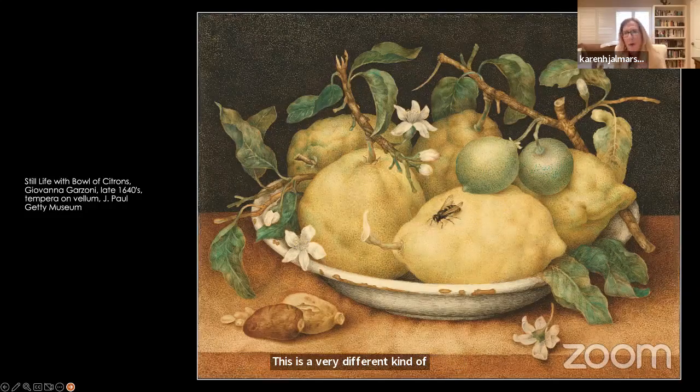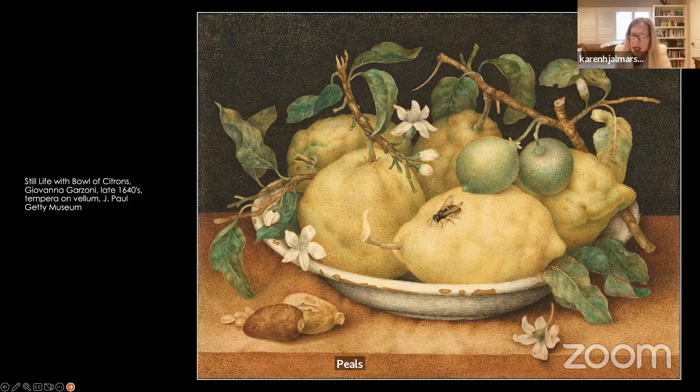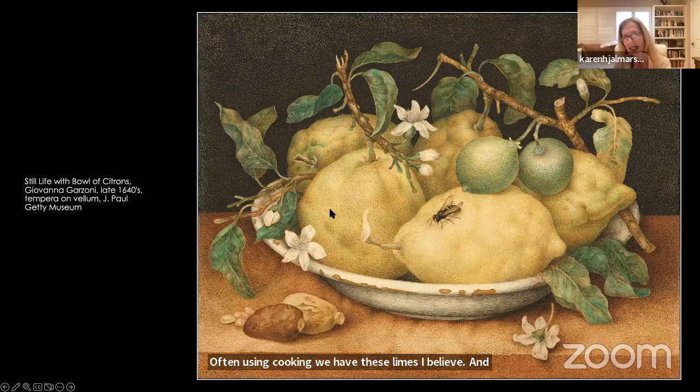It is more robust. Look at, she places these citron, which is a relative of the lemon. They have thicker peels. They're not as flavorful, but they're kind of unique in flavor, often used in cooking. We have these limes, I believe, and the flowers. She often placed an insect or some kind of unique object in the still life to divert our eyes. So we have like this little fly here, and then we have it placed on a very,